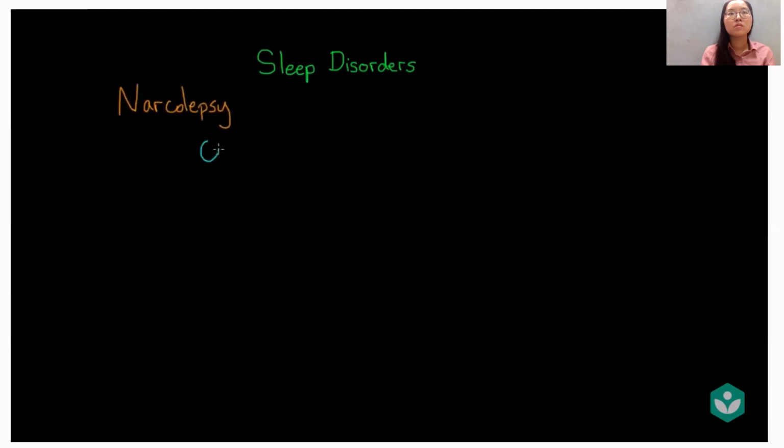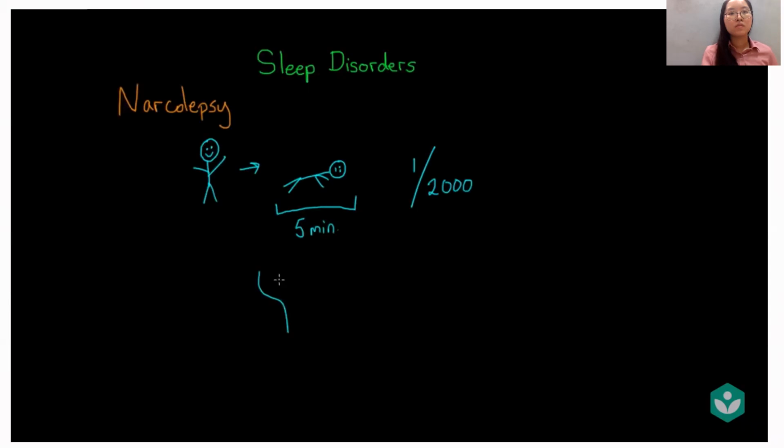On the other end of the spectrum is narcolepsy, which is a disorder when people can't help themselves from falling asleep. About 1 in 2,000 people suffers from narcolepsy. Most of the time, people with narcolepsy will have these spontaneous fits of intense sleepiness, occasionally lapsing into REM sleep. These fits last about 5 minutes and can occur really anytime. Although the cause of narcolepsy is still under investigation, there are indications that it's genetic, and it's linked to the absence of a certain neurotransmitter that helps with alertness, suggesting that neurochemical interventions may help some people overcome this problem.